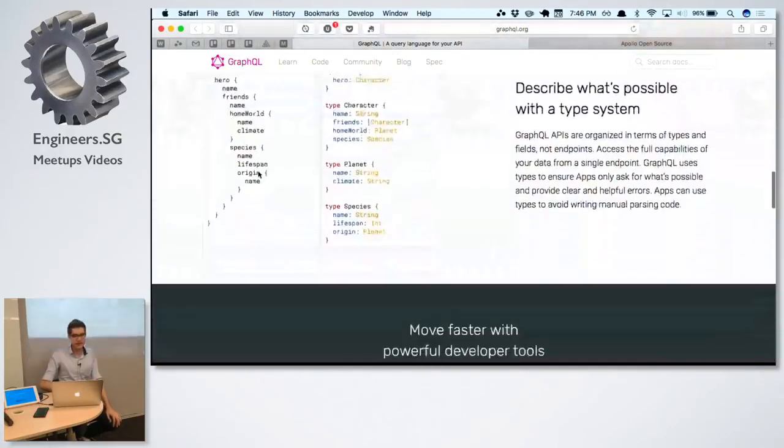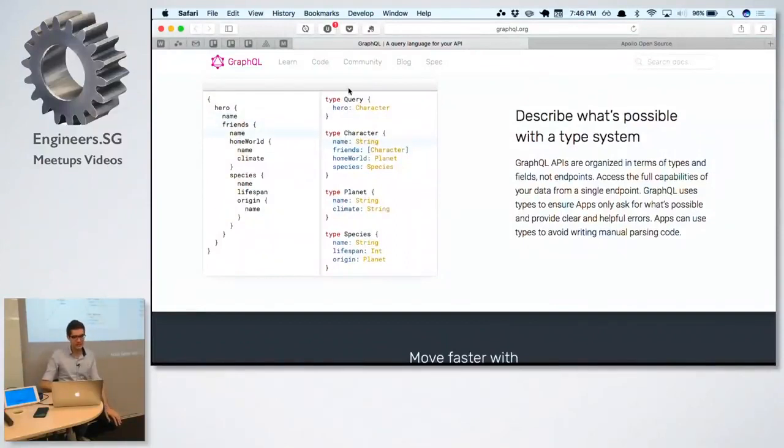Because under the hood, on the back end, what people will write in whatever language they use, these things resolve by using normal programming functions, and you can do in those functions whatever you want. You can do a SQL query, or you can do a request to some other endpoint. Okay,